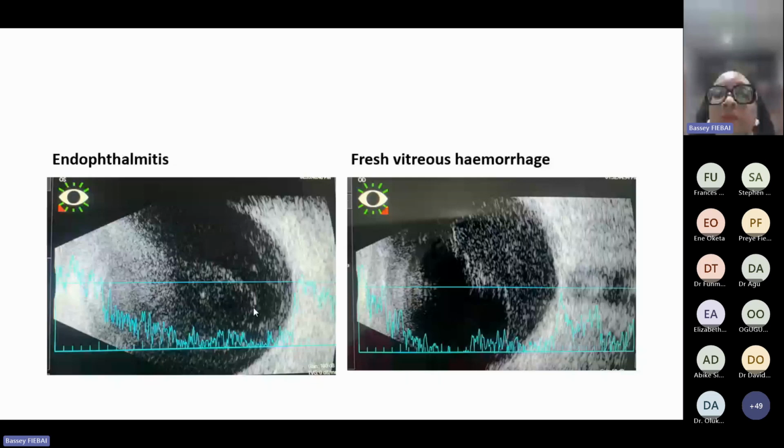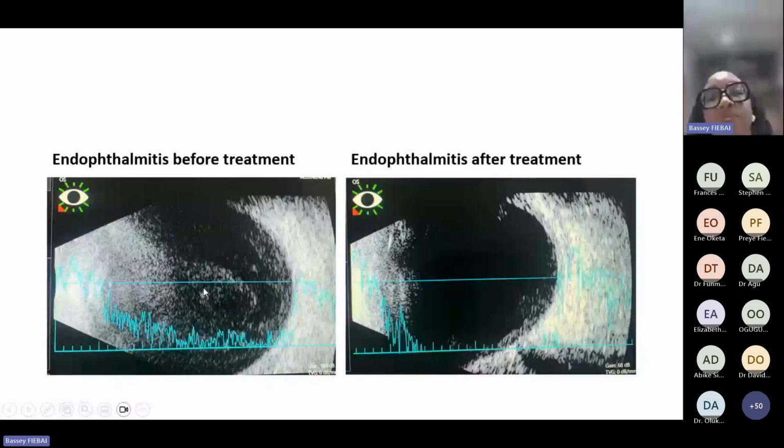But look at how uniformly distributed this is. You could actually confuse the two. You could actually think that this is vitreous hemorrhage as well. So clinical information is very important. Ultrasound scan, like we said, is very important for follow-up studies. This was the same patient, and this was her after treatment, and her vision went from hand movement to 6/6, in fact now it's 6/5. So it's very useful for following up your patients, doing serial scans.